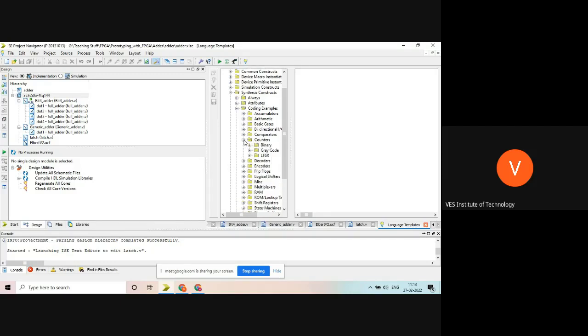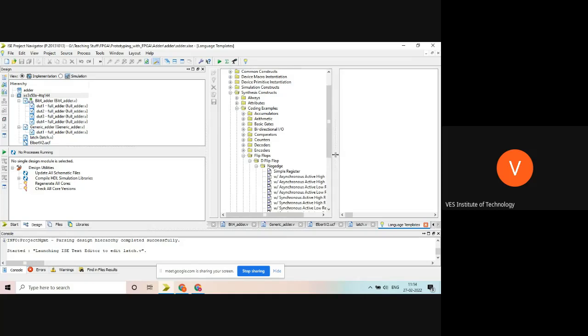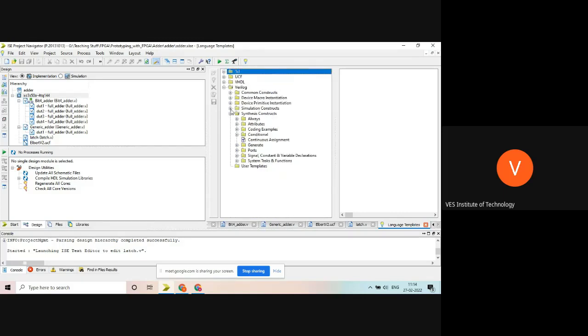Sometimes they write, sometimes they don't write a few things. Generally, we expect a simple latch to be written here. Flip-flops are written, but latches are not written. Okay, latch is not written.